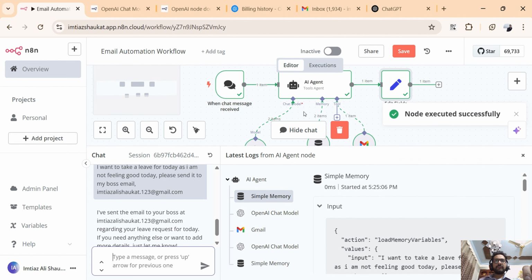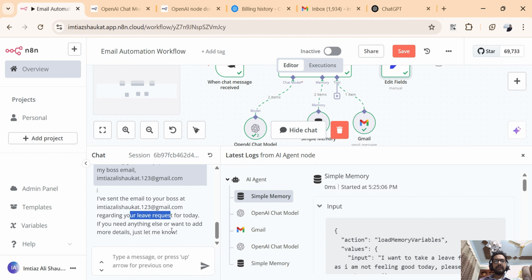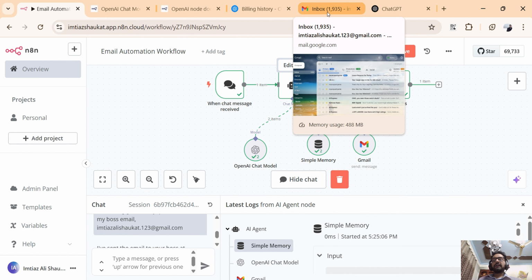It has actually processed all of the information which I sent, and it says that I have sent the email to your boss Imtiaz Ali Shaukat regarding your leave request for today. If you need anything else, please let me know, right? So it has actually sent an email, and you can see that it has marked everything as tick or green, right? So let's check if our agent has actually emailed the person whom we want to send the email,